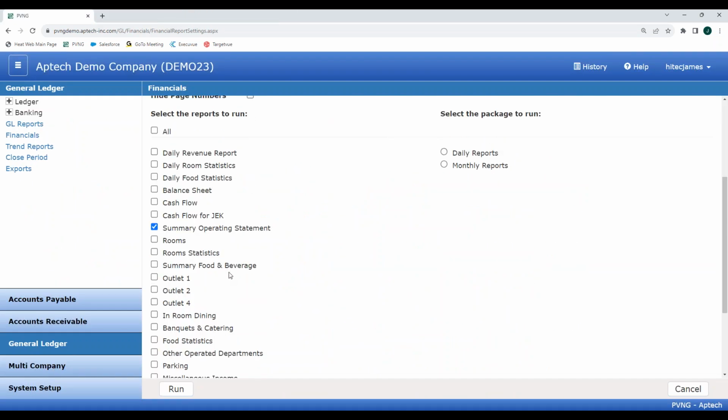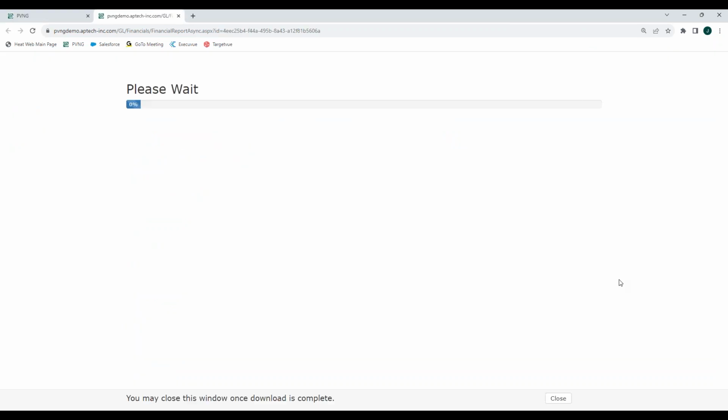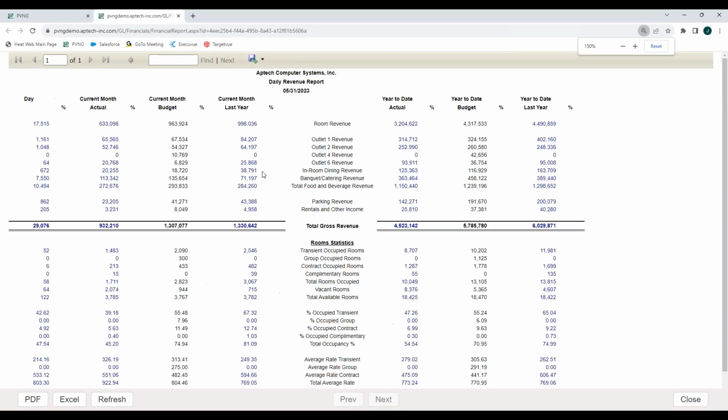One other report that I'll run really quickly here, since we have a little bit of time, would just be a daily revenue report, just to show you how that source GL entry there can be a bit different. This one's going to be more focused, obviously, on the revenue side here. So when I look at my daily revenue report, again, I'm going to just get a little bit closer in here. If I want to look at my current or previous day rooms revenue,